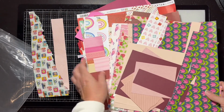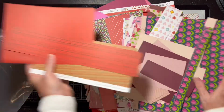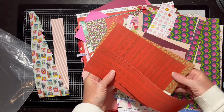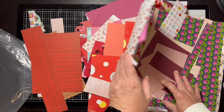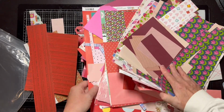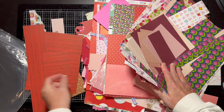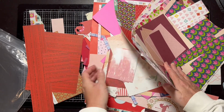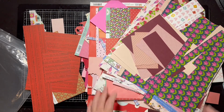I may need to sort these by size. And these are kind of cool. Look at that. I may need to sort these by size and go from there. So let me do a little bit of work here. I just wanted to show you my pile of scraps because I need to make some progress on these, right? I mean, this is a lot, y'all. It's a lot of scraps. So let me make some progress on sorting these, and I'll come back on